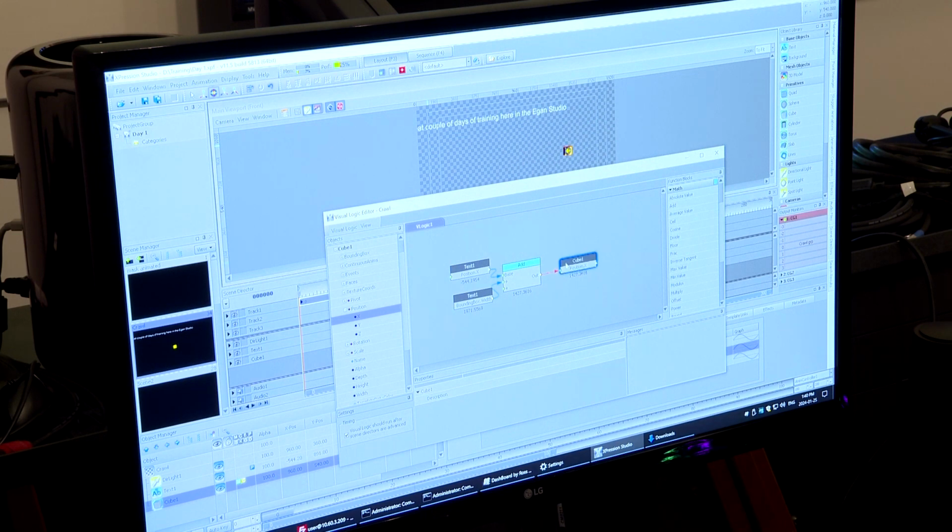And if you want to use the Y position, you could take the text position Y and grab the Y position of the cube and direct connect those. Right. So kind of works